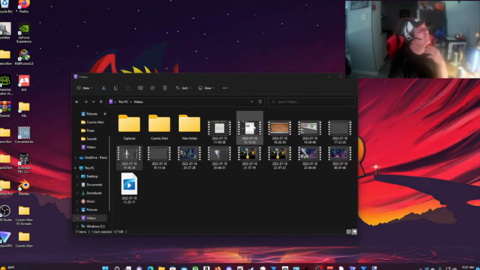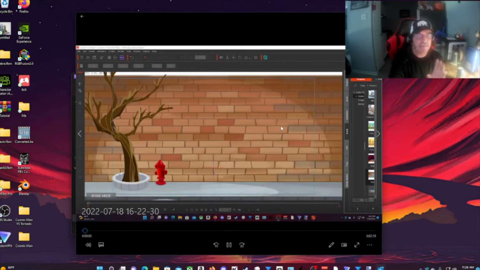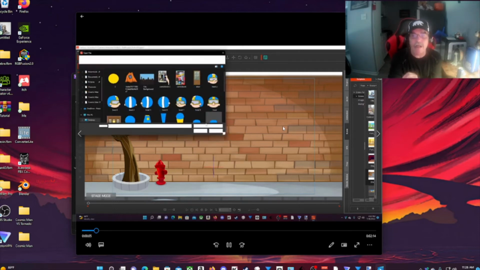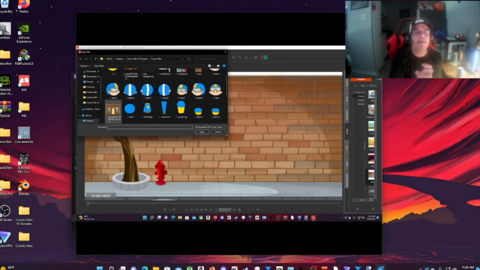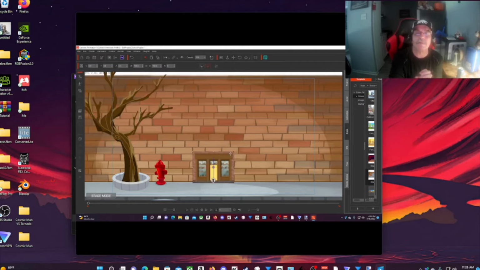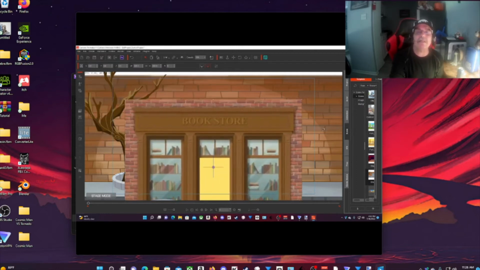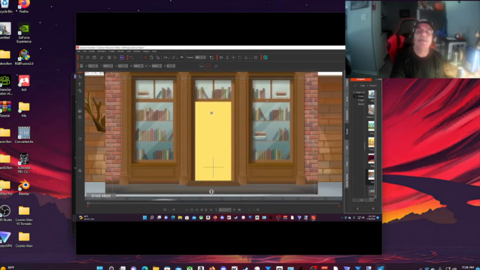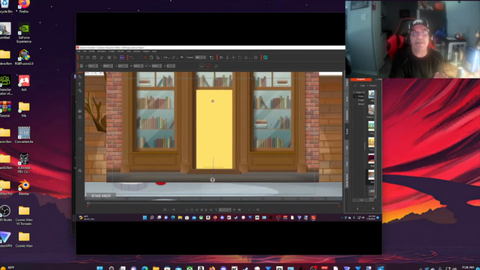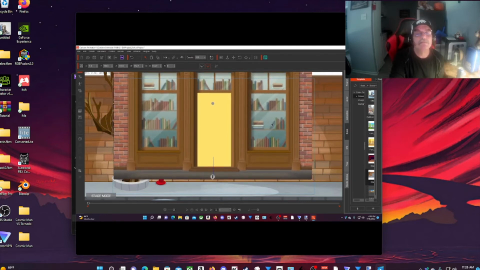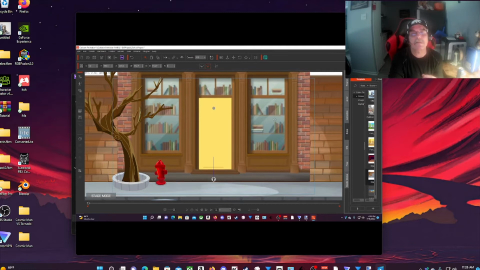Okay, now the next clip I'm going to show you is the first scene, where I use one of the provided scenes that came with Cartoon Animator 4. I just took off all the graffiti and everything, because I want to add my own prop. I got my own prop of a storefront, a bookstore. So I'm placing that in there. I'm stretching it out to where it'll fit in the safe area, moving it back into the layer I need it to be.